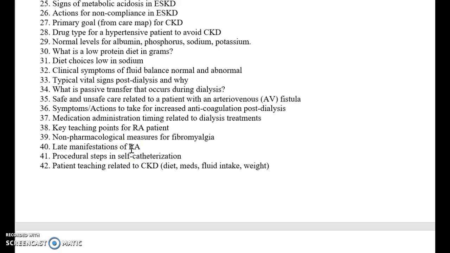All right, the last little part of this, I ended up talking a little bit about symptoms and actions to take related to increased coagulation, that anticoagulation that occurs post dialysis. In the course of dialysis, they're getting quite a bit of heparin therapy to keep the blood moving through the dialysis system, and so it's very common for patients to have symptoms that you would typically see with hyper anticoagulation